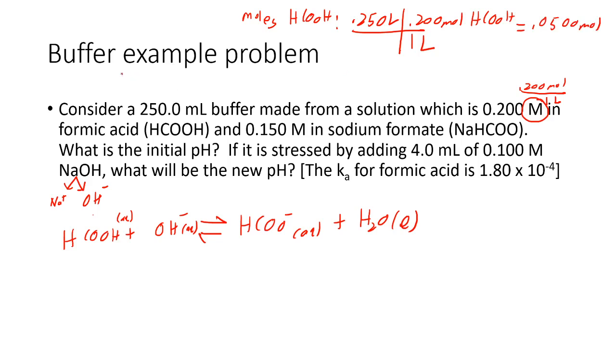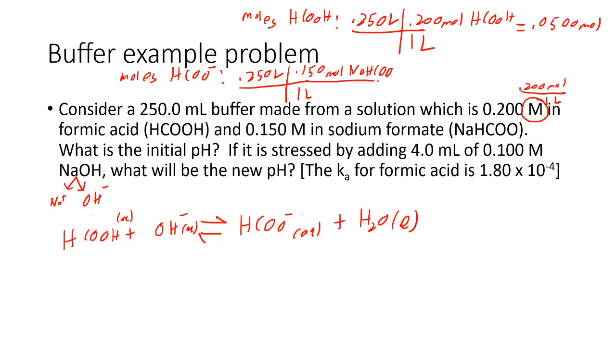Now I also want to know the moles of my formate ion, HCOO-. So for that one, again, we start with 0.250 liters because it's in the same container. If it had been a different starting container and we mixed them together, we would calculate the moles with the volume of that container instead. But these both start out mixed together. So there's 1 liter in here for every 0.150 moles of